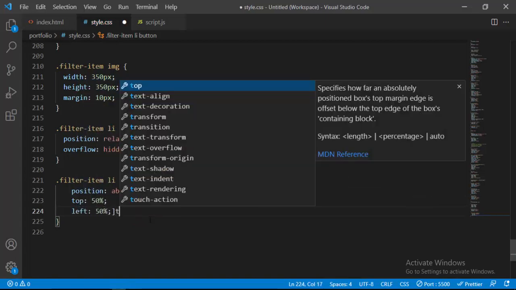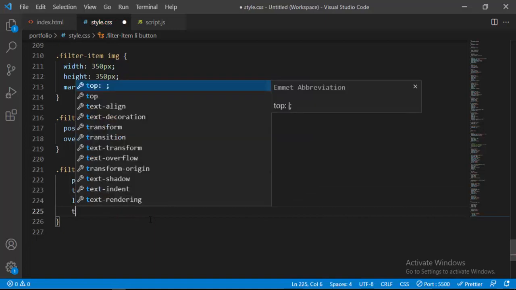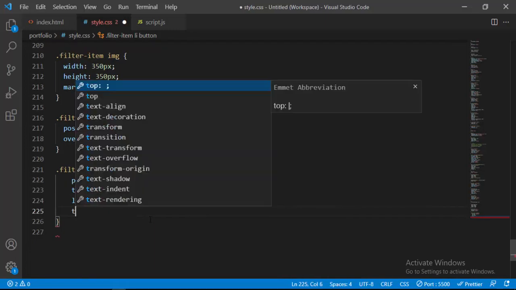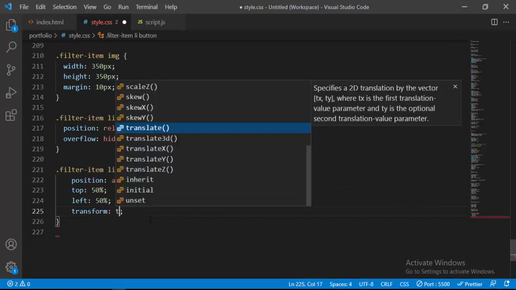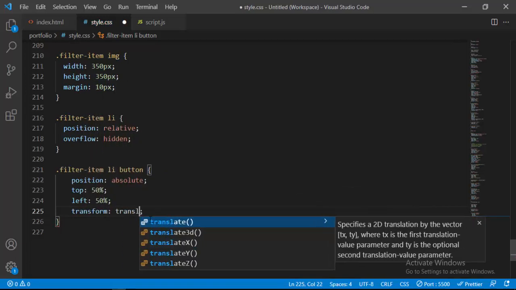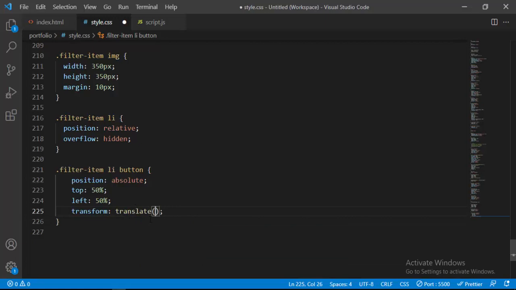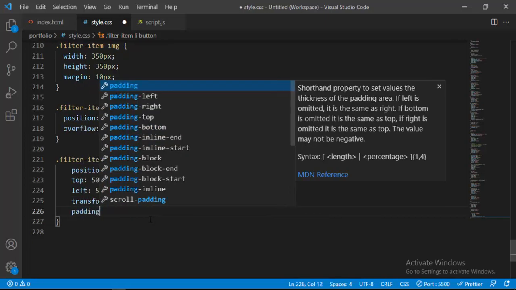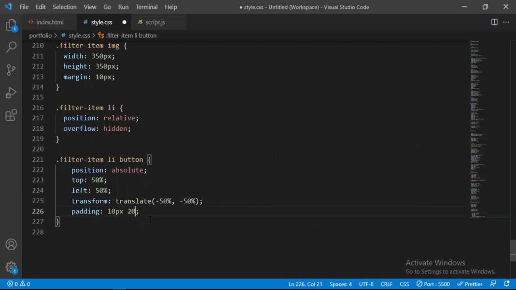And remember, I've told you to get rid of the translation, not transition, translate. So I say transform, translate, and it's gonna be minus 50% and also minus 50%, and it just makes it come exactly at the center. Then I'm gonna give it a padding of 10 pixel and 20 pixel from the sides,